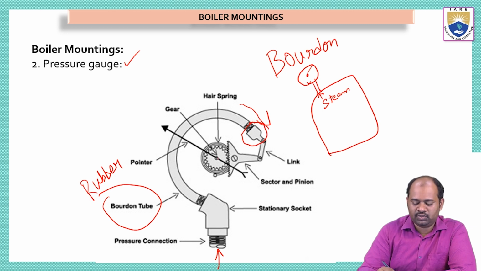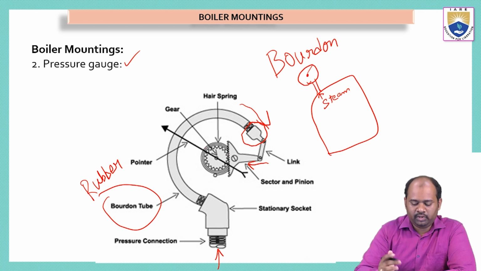This lever is attached to the handle, the needle of the pressure gauge. So whenever the pressure increases, the rubber tube will expand and push the lever, and it will make the needle rotate. Now see here,